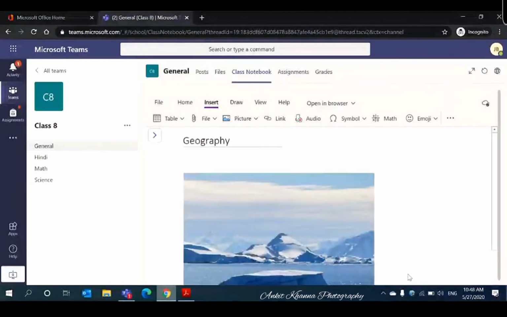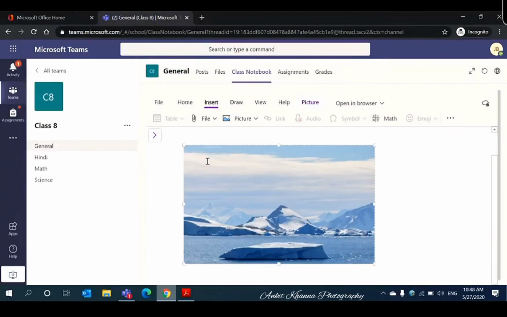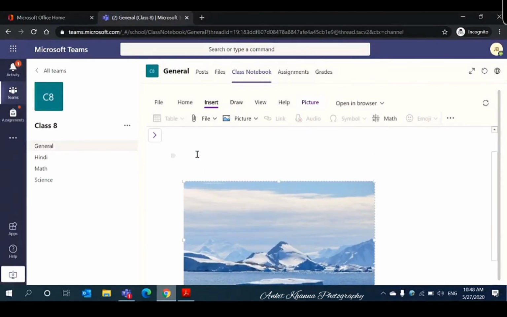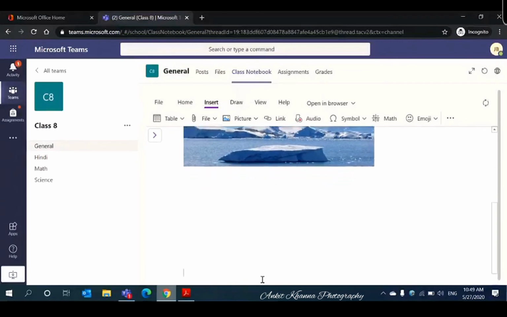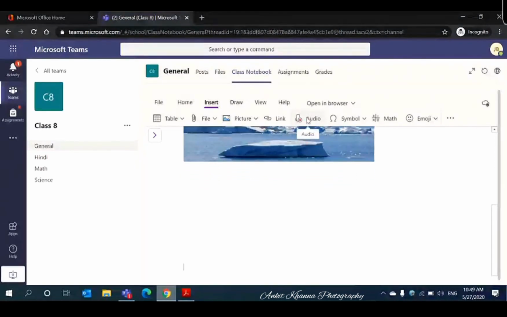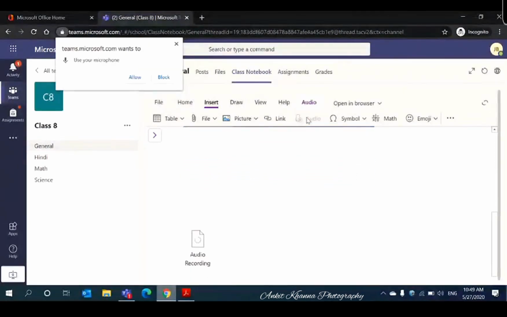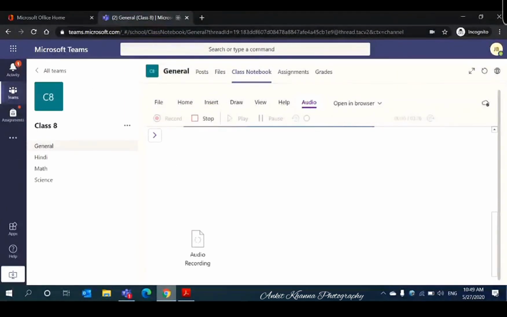And then after inserting this image, now I want to record my audio so that my teacher can listen why I want to create my own notes on Antarctica. So I can go to, let's say, audio. So now I am going to enter it here, and I am going to add my audio file for my teacher. And what I am going to record here is my own voice, such as dear teacher.